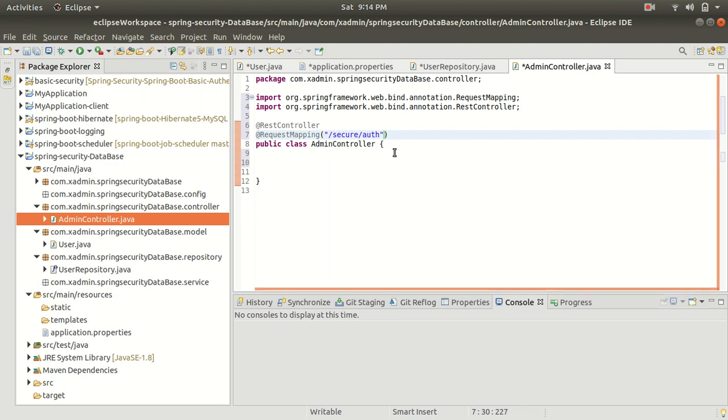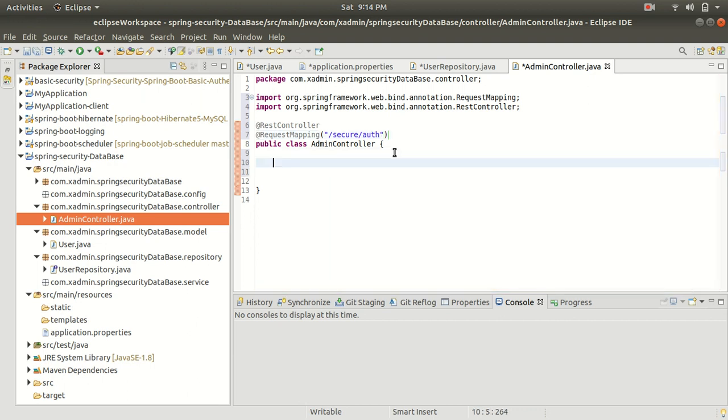All right, and now guys I am going to create the endpoint to add the user object to the database. So let's create a method add user, all right, add user.